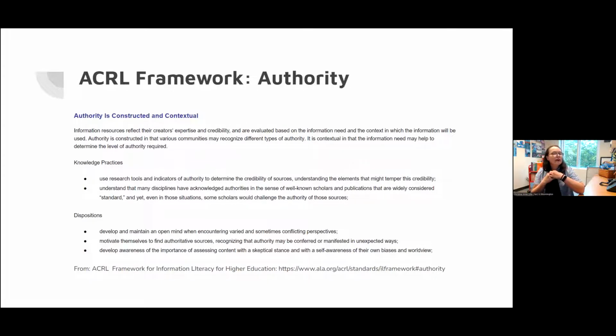In particular, the knowledge practices that I was hoping to focus upon were the use of research tools and library resources to do this investigation, to look at the impact of the particular data set, to look at the impact of the producer, to investigate the funding, if that might impact the way in which the data was collected or produced or represented. So I thought that was a really nice way to integrate library resources, to use them as a tool to investigate.